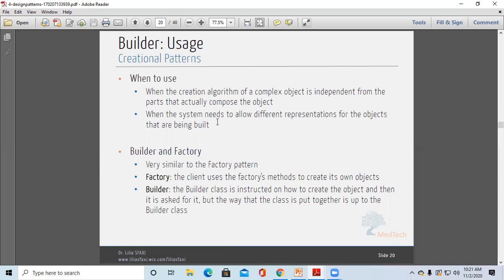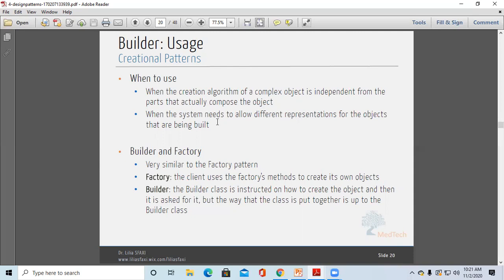What about builders and factories? These are very similar to the factory pattern. Builder and factory patterns are similar, but in the factory pattern the client uses the factory's methods to create its own objects. In builder, the builder class is instructed on how to create the object and then it is asked for it.